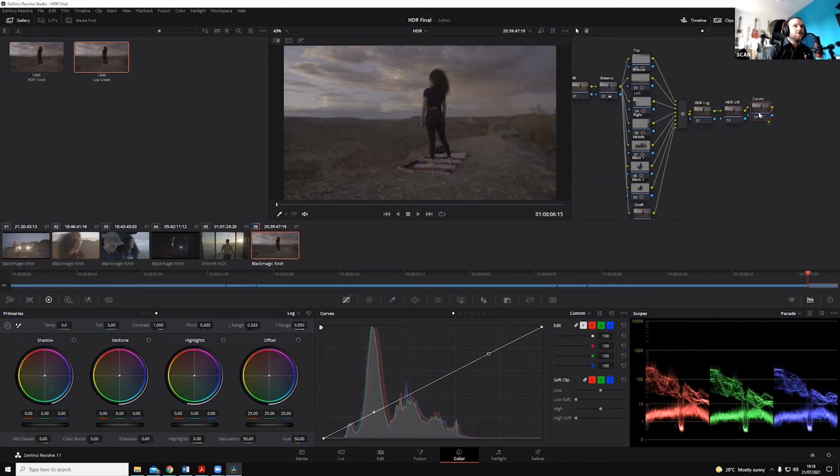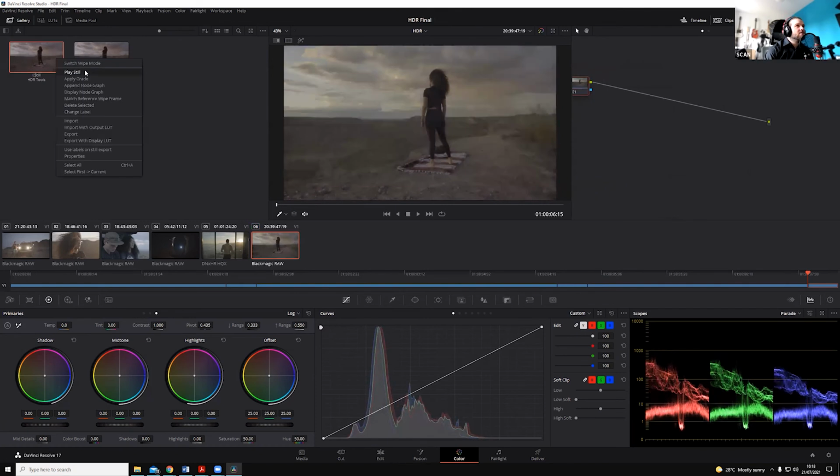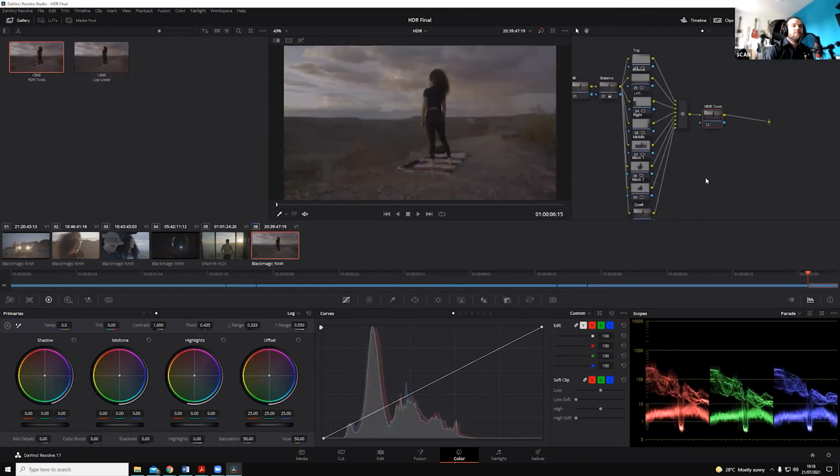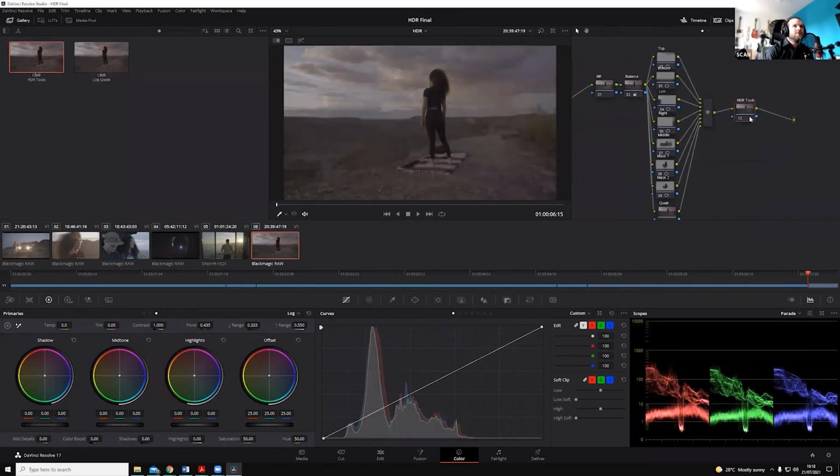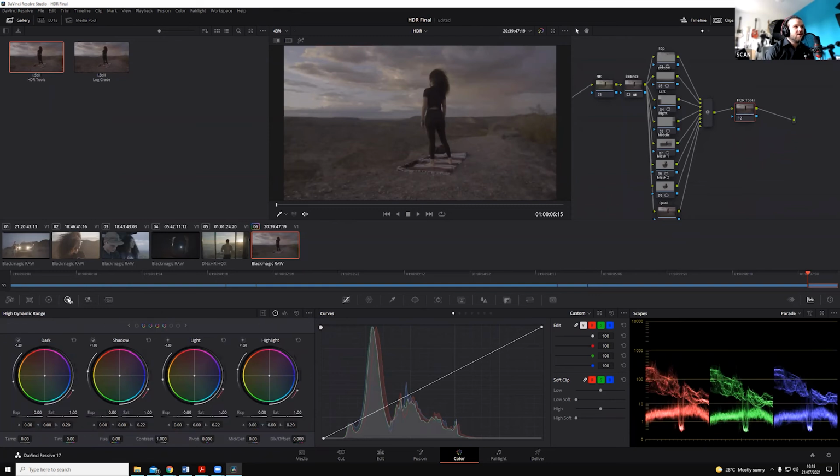And then, if I wanted to go in and adjust contrast even more, I could have done that using the curves as well. So rather than have that, if I just go to my other grade, I've only put one node after the parallel mixer here. And the reason for that is if I switch across to the HDR tools, you'll see that I don't just